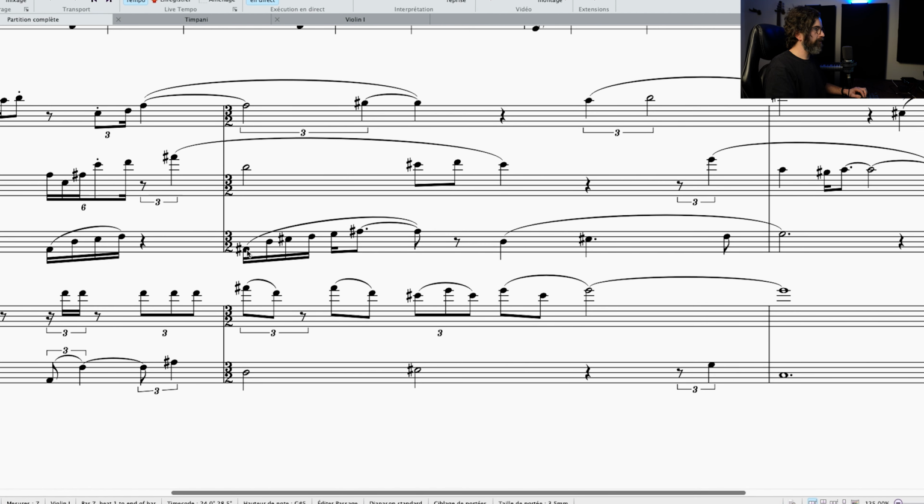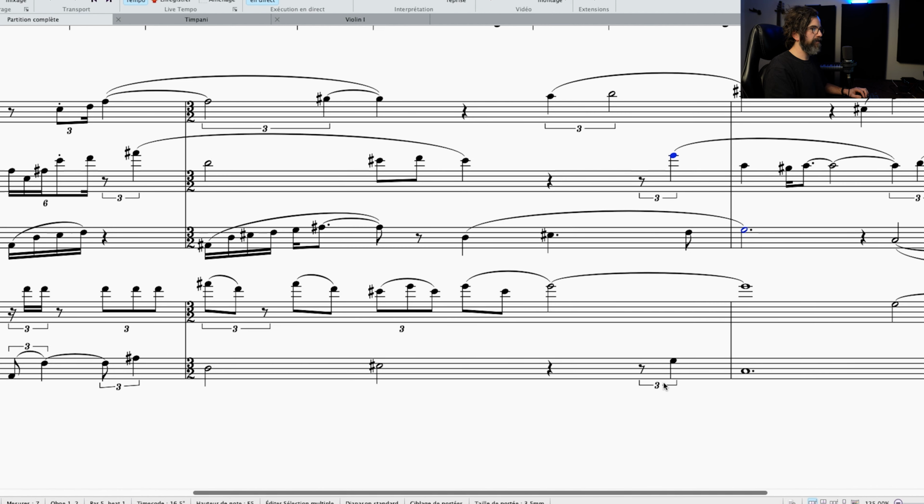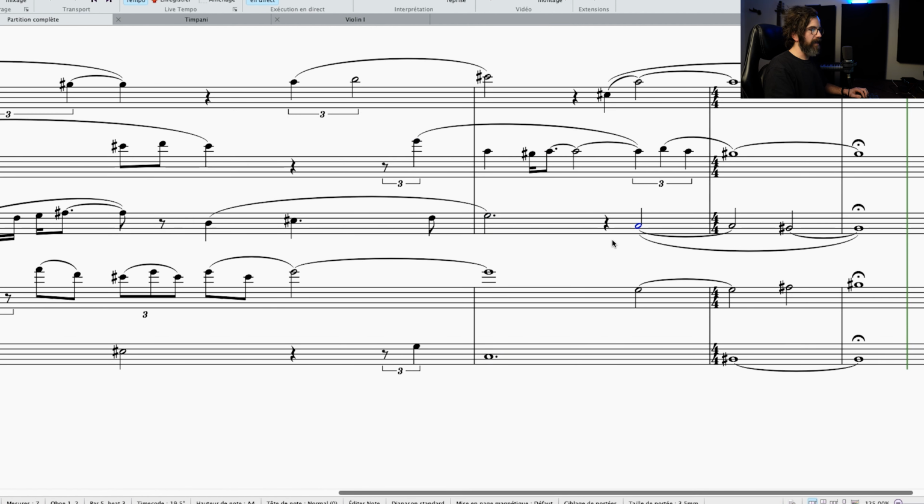And see that my oboe is also playing with some of these notes. The F sharp is here, the B is here coming in late, the C sharp is here, the E is coming a little bit late from the main melody, the A is here coming in late again, and the G sharp here.